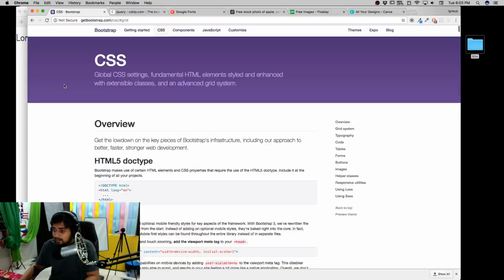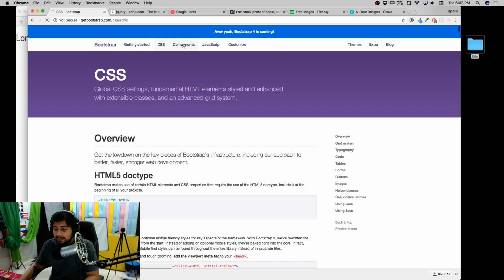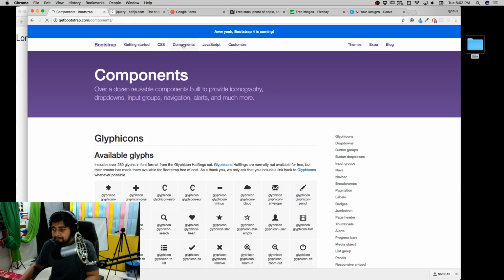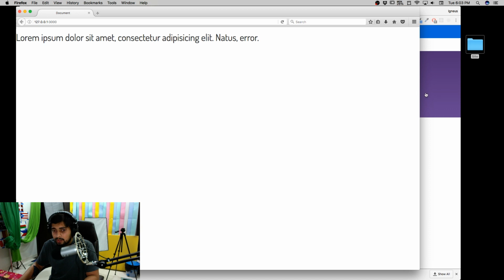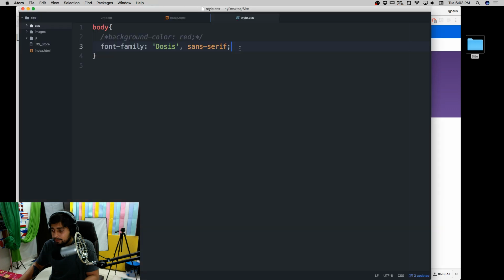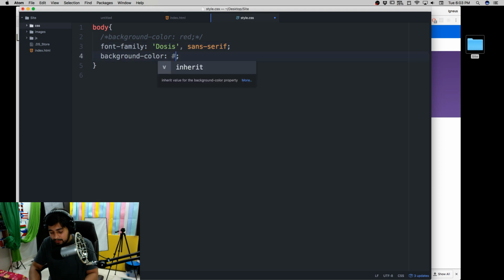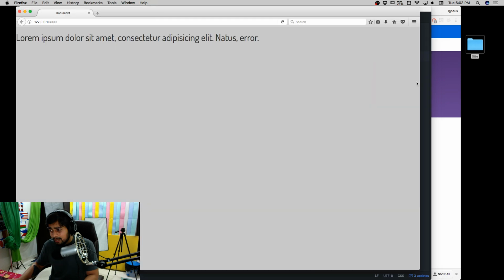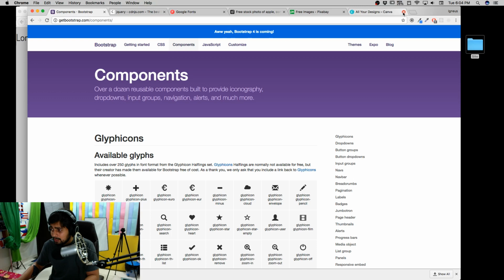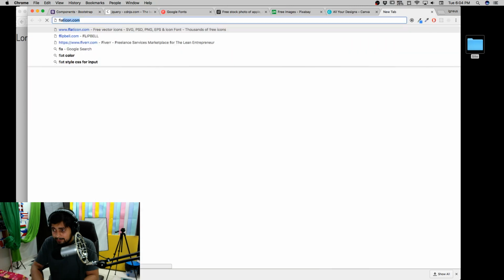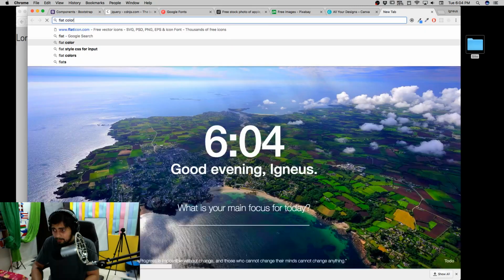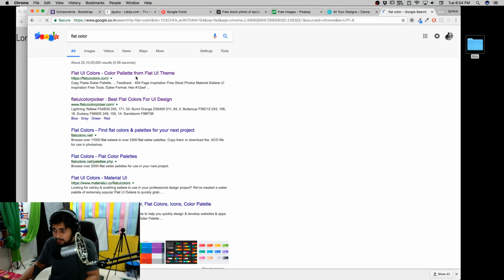Okay, now let's go into the components and quickly design a website. I'd like to give a background color to this. So let me go to my editor and I'll use the background color, BGC, and something like CA. I think that should be a little grayish. And there we go. I know a lot of colors. In case you don't know what that is, Flat UI Colors is a website you can use if you want some flat colors.